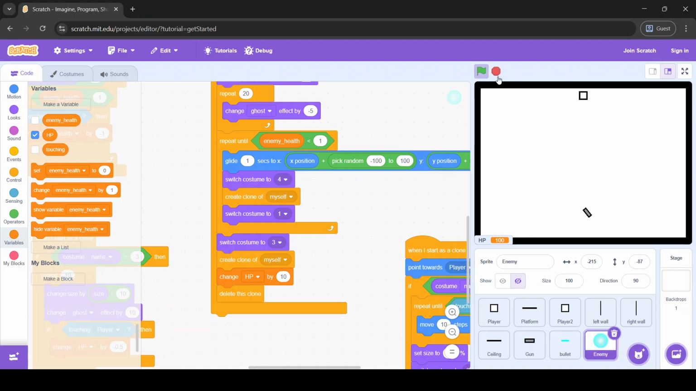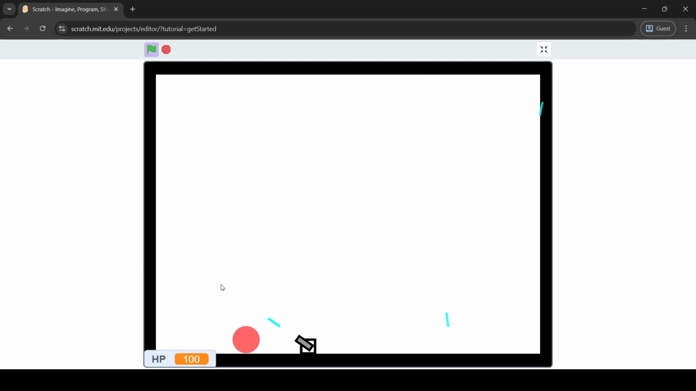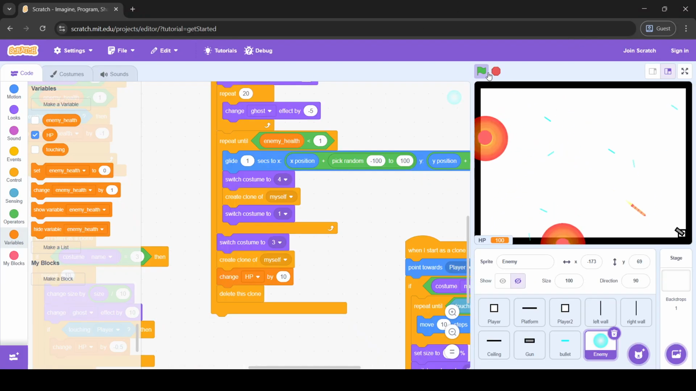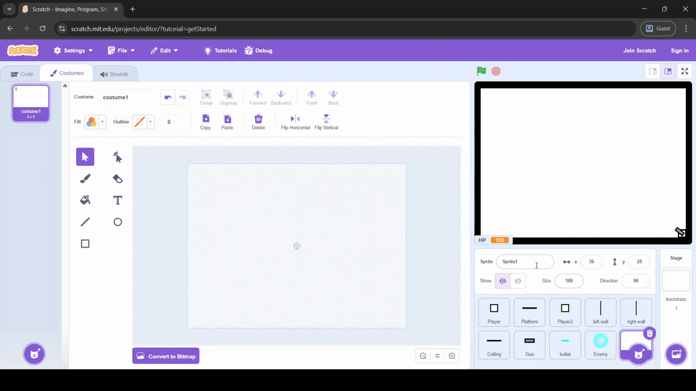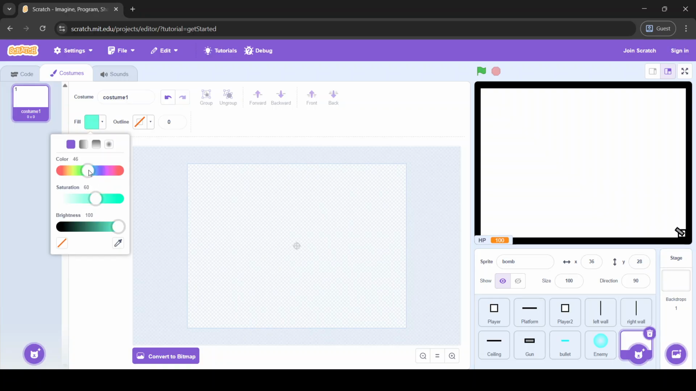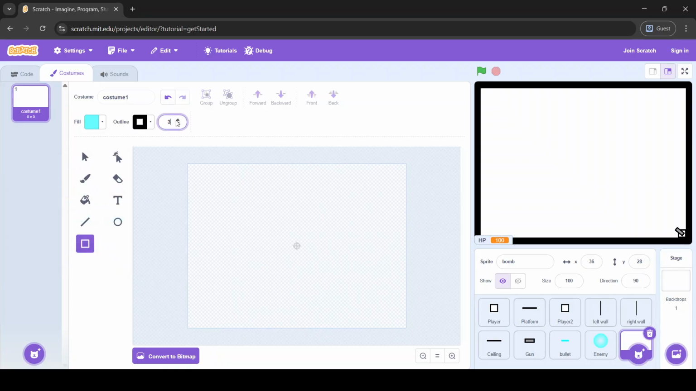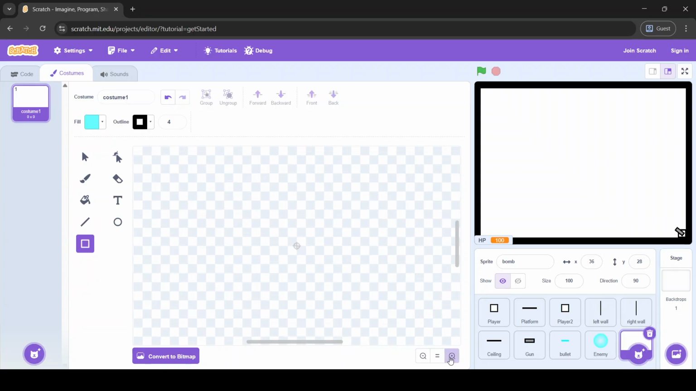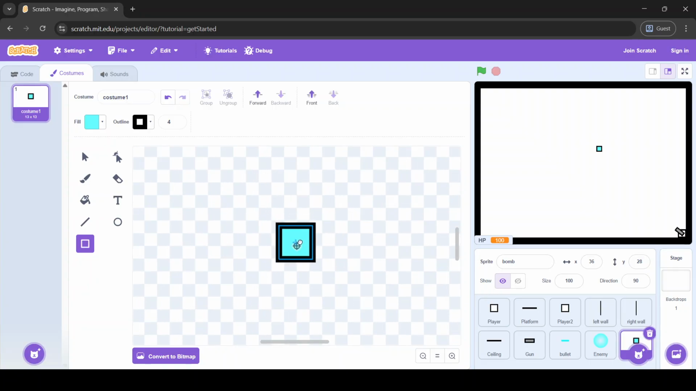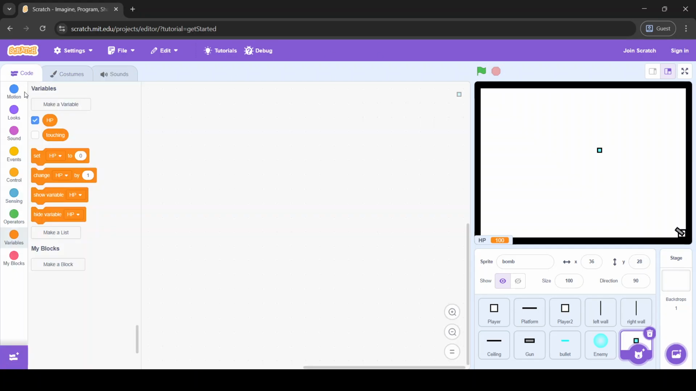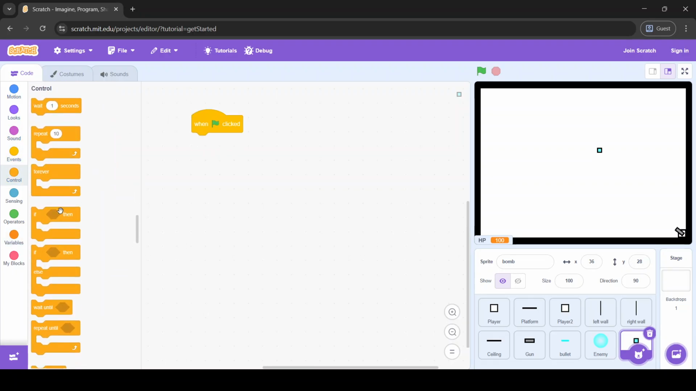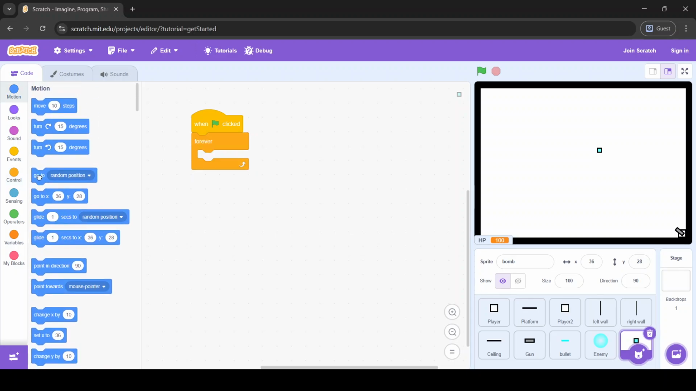And also I think we need some more weapons for our player. So we make like a grenade or bomb. For this you add like a small square. I like the color blue. You make it go to the player. So when flag click, forever, go to player,